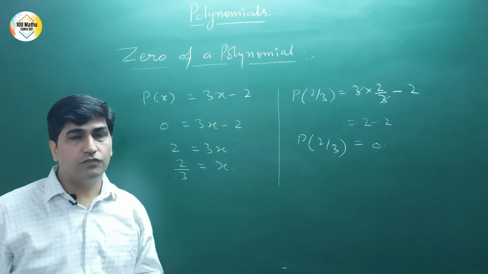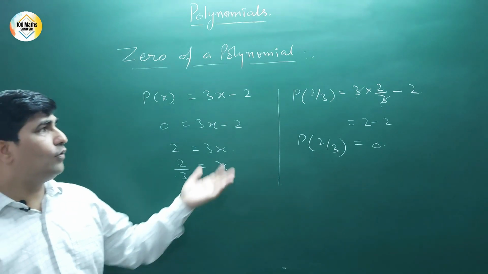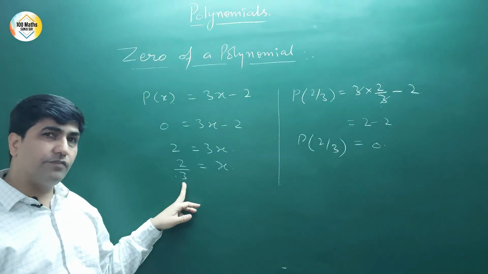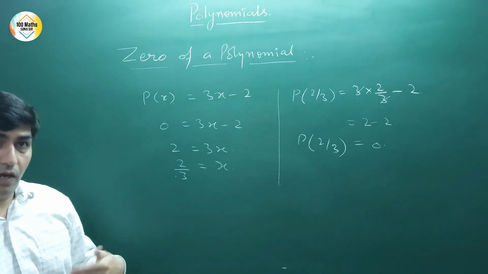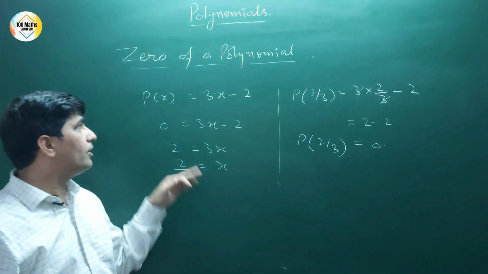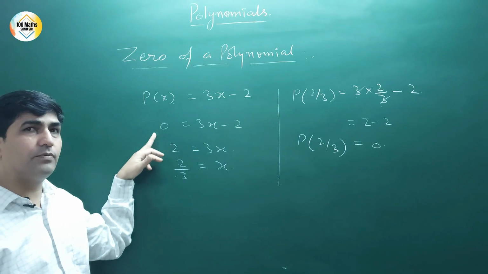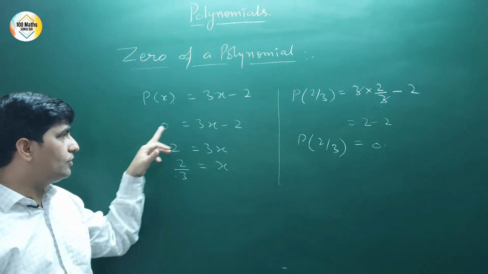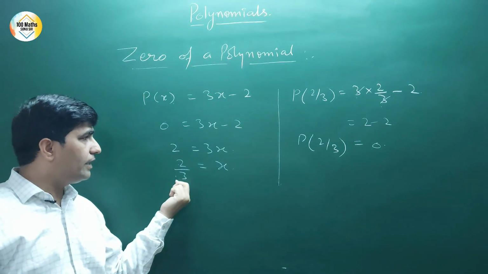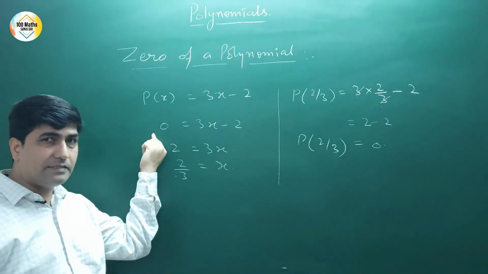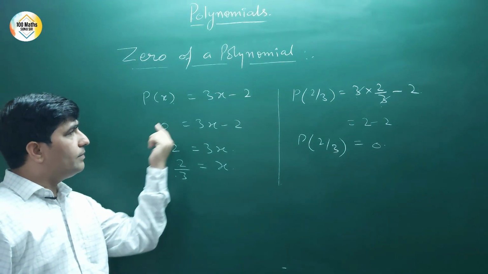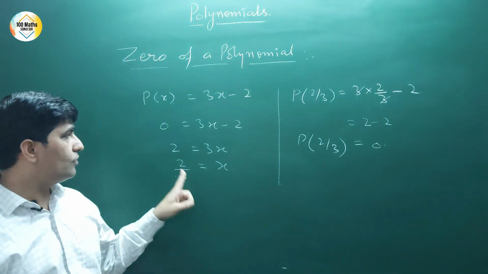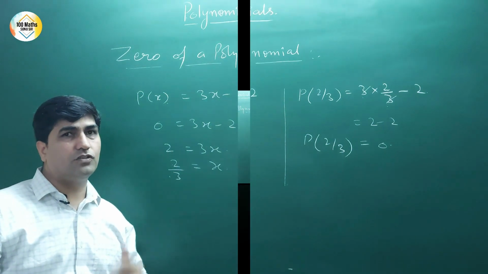So what is the 0 of a polynomial? The value of the variable which makes the polynomial 0. Fine. And how do we find it? We find it because we have to make the polynomial at that point 0. So put that equal to 0 and find x. And at this point, because you took P(x) as 0, x is this. So at this point P(x) will be 0. You have seen it, right? So this value of x is the 0 of the polynomial.